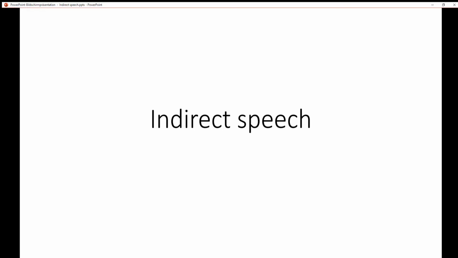Well, what's indirect speech? As I said, we all know it. Imagine you're sitting at the dinner table with all your family, and suddenly your gran says to you, I feel sick. And your mom asks you, what did Gran say? Because she didn't understand it, because Gran didn't say it very loud, you have to report what Gran said in indirect speech. So you would say, she said she felt sick.